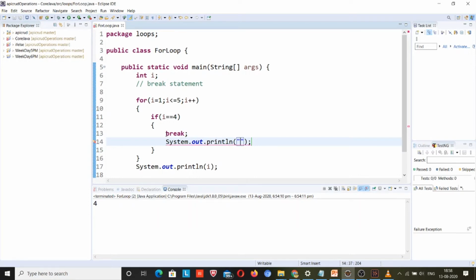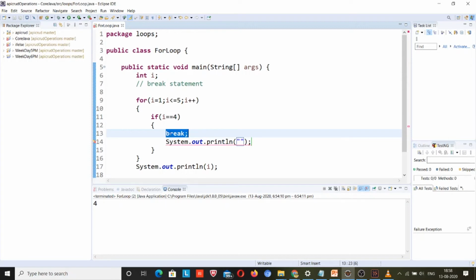Why you cannot write after this is common logic, because as soon as it finds the break, it will be thrown out of the loop, right? First it will be thrown out of the if part, and then it will come out of the loop.